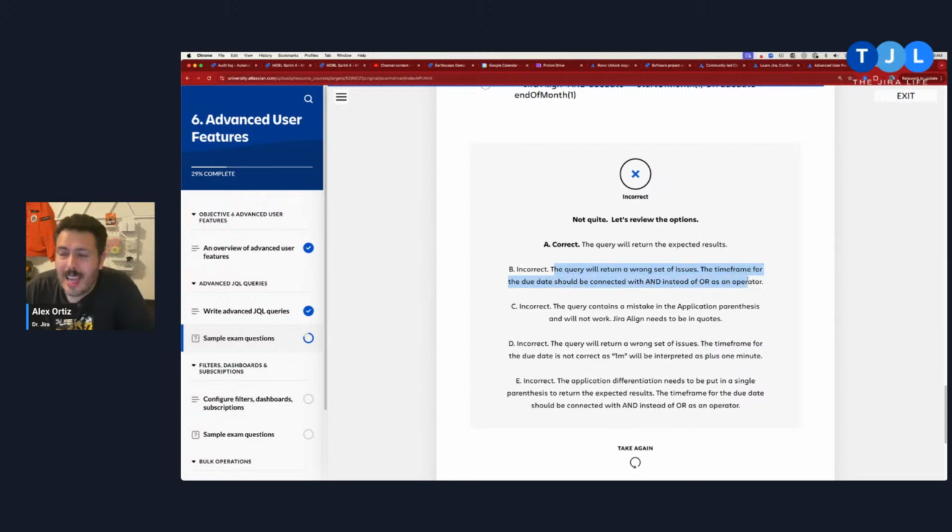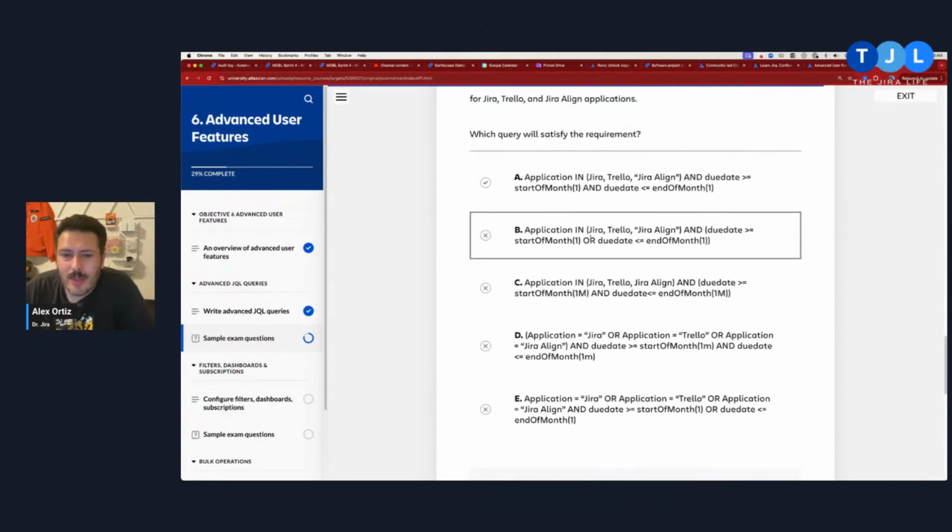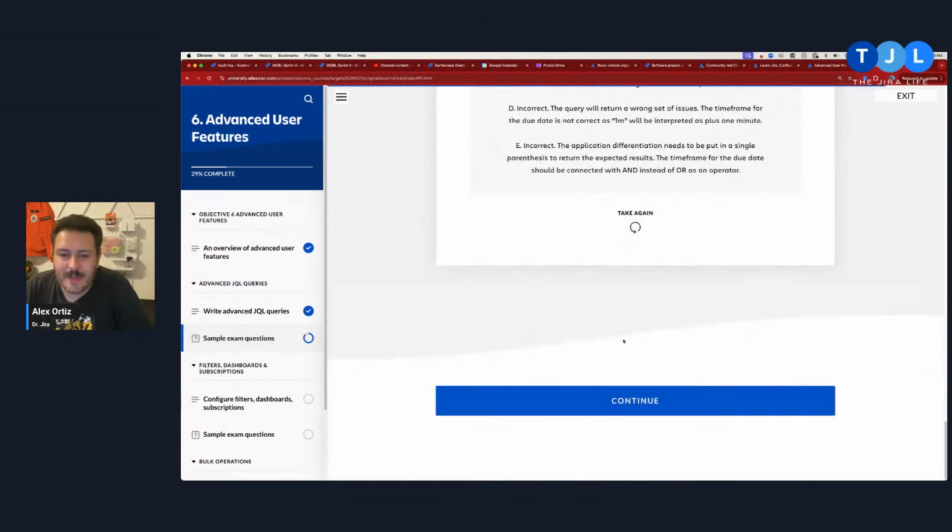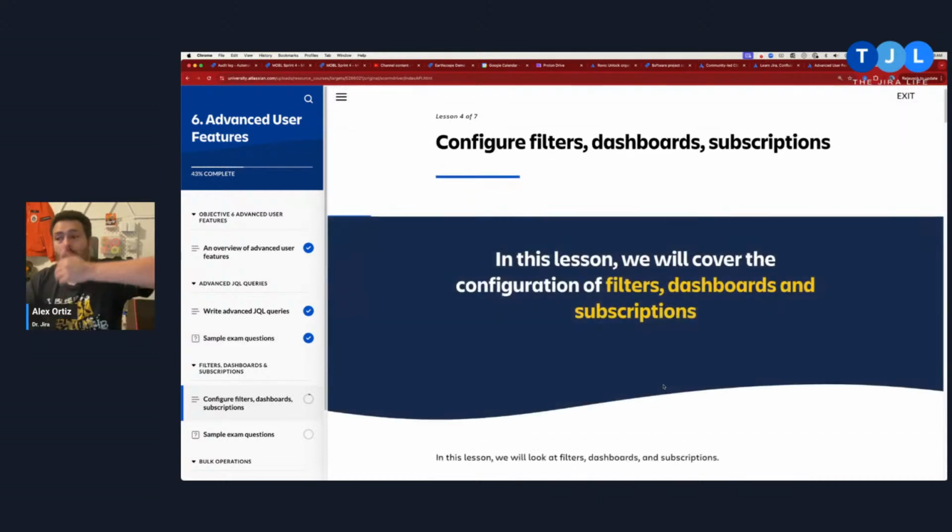Okay. I kind of low-key thought this was going to be because this "or due date is less than a month from now" should return any issue before a month ago. And so that would have been too many issues. And that's why my gut was telling me A, but I had a 50-50 chance and I just had to take it. All right. So again, I'm over 2 on this one.